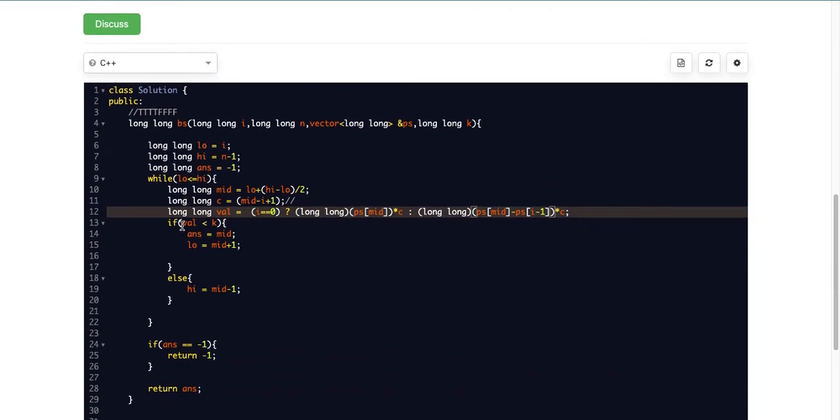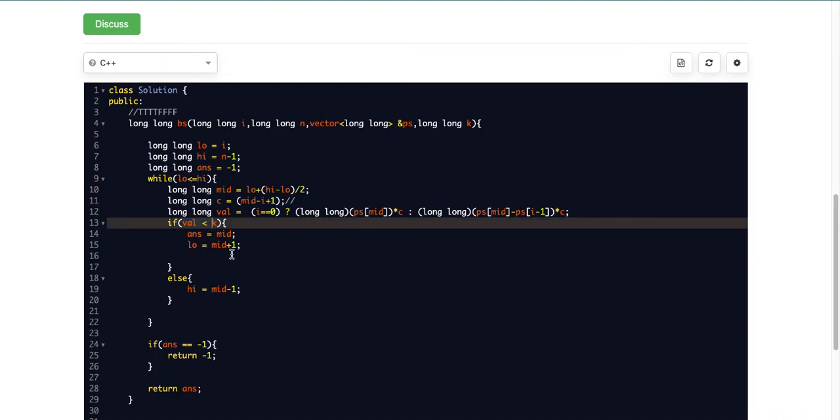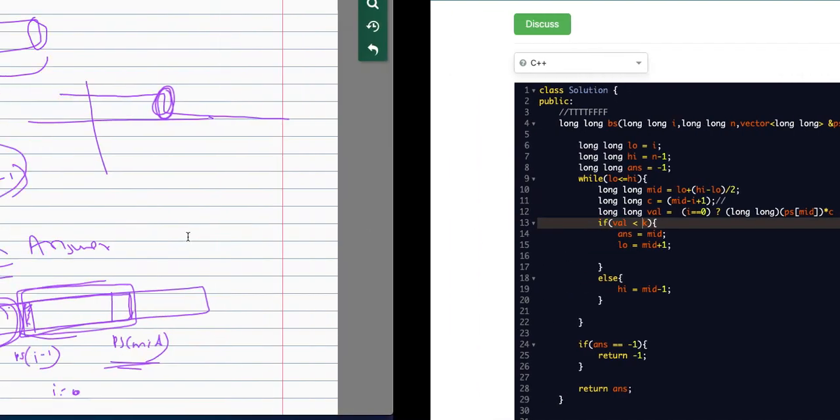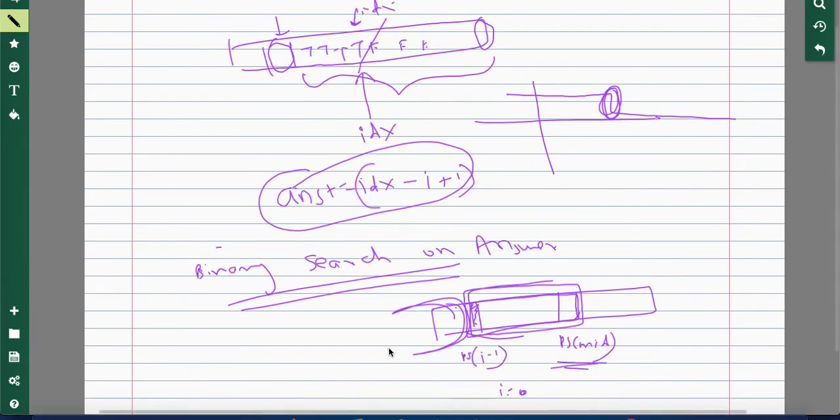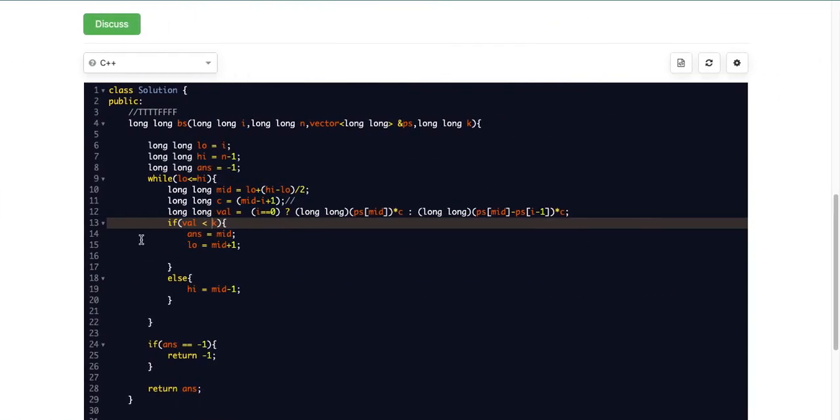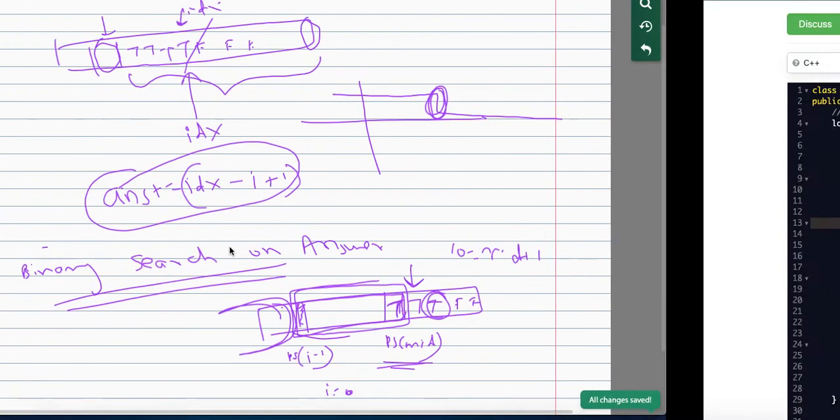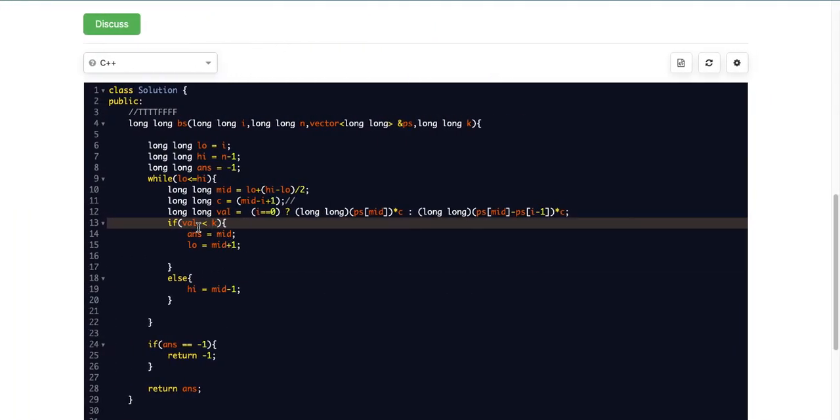If this value is less than k, then I have got a true value, so this is one of the possible answers. Maybe I get true over here, true over here, and I have to find the last true. Then my low pointer will point to this: low is equal to mid plus 1. Otherwise, if this value is greater than or equal to k,